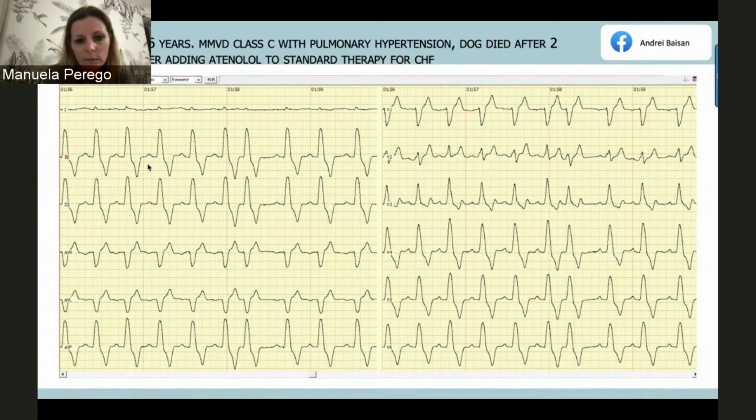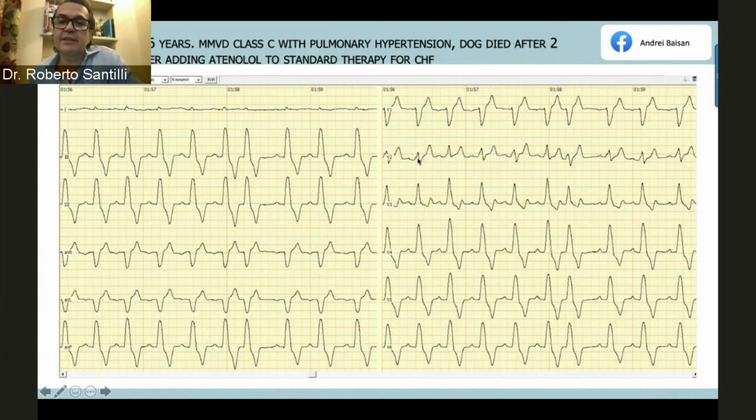Okay, so what I can say is that probably this V2 is also reading the interventricular septum. Remember, when you have the presence of an isoelectric lead, just like this one, you're reading the septum. So it's not exactly on top of the left ventricle as it should be. So that's probably why you have this type of QRS complex morphology. This variation that you can see here, you can actually see also in other parts of the tracing.